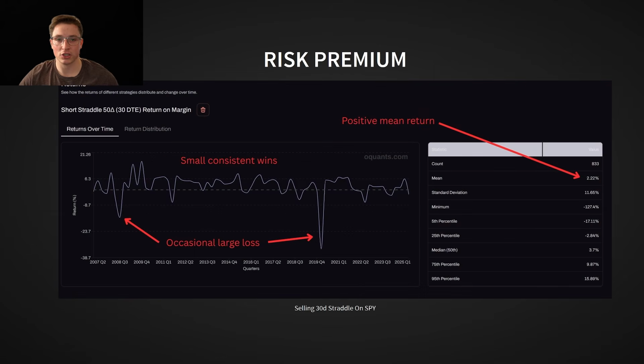Think of it like this. Just as equities tend to outperform bonds over time due to the risk premium, selling volatility can outperform equities because of the added layer of convex risk. The fact that option sellers collect small gains most of the time, but face the risk of rare, large losses.